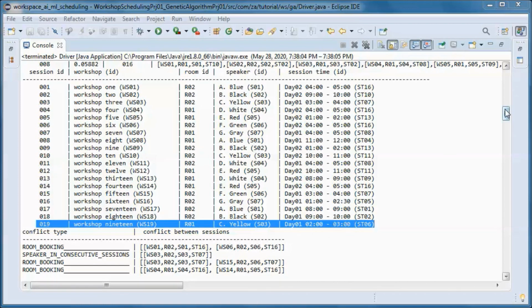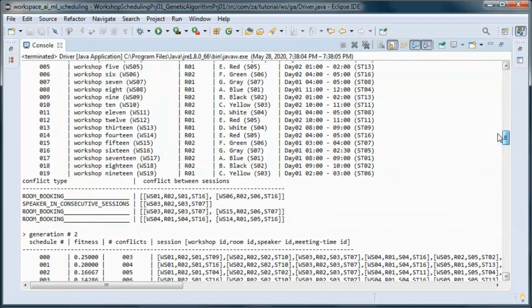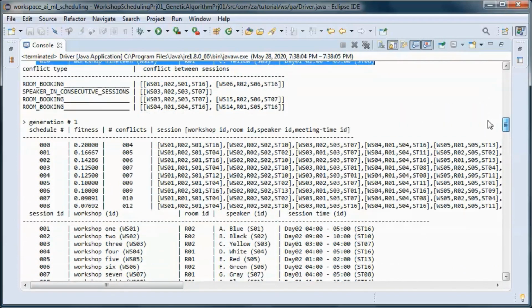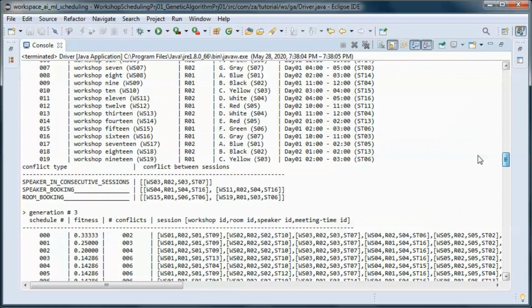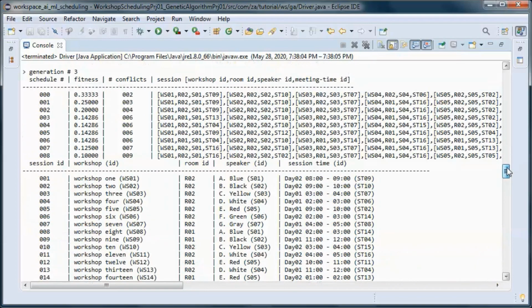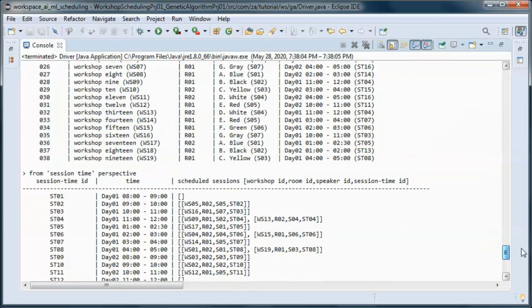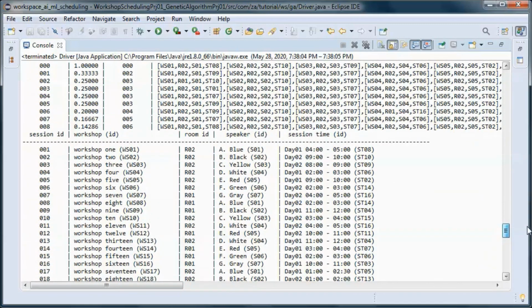And we evolve the population, so generation 1 still has 4 conflicts, the fittest schedule, and we keep going. So generation 2 has 3 conflicts, and we keep going until generation 6.